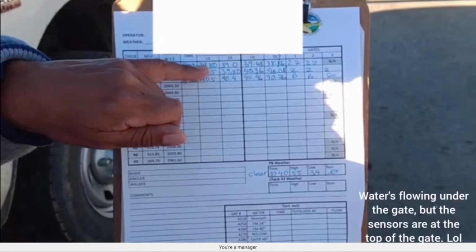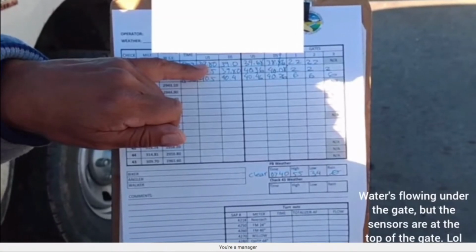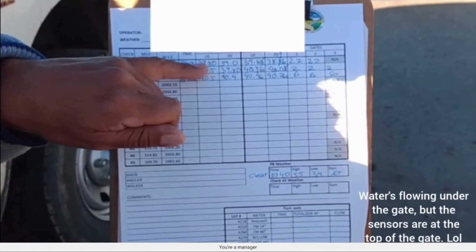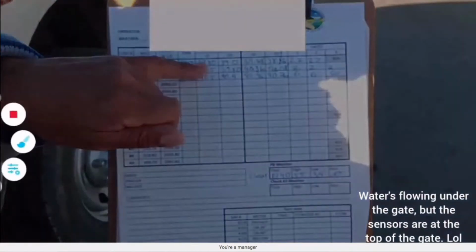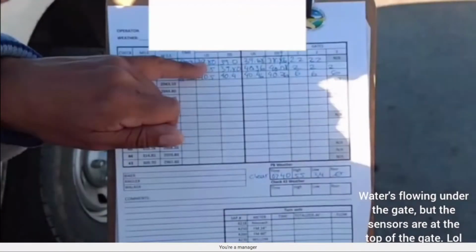I call the office and they don't listen to me. I told them this is what I see, a real thing. And they say, oh, don't worry about it, because they look at the electronic data, right? So they don't believe it. No, they don't believe it. They say, oh,